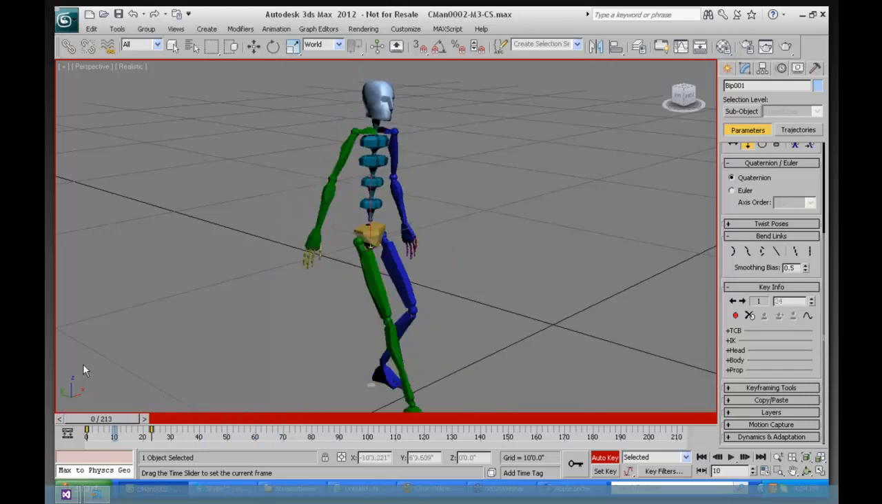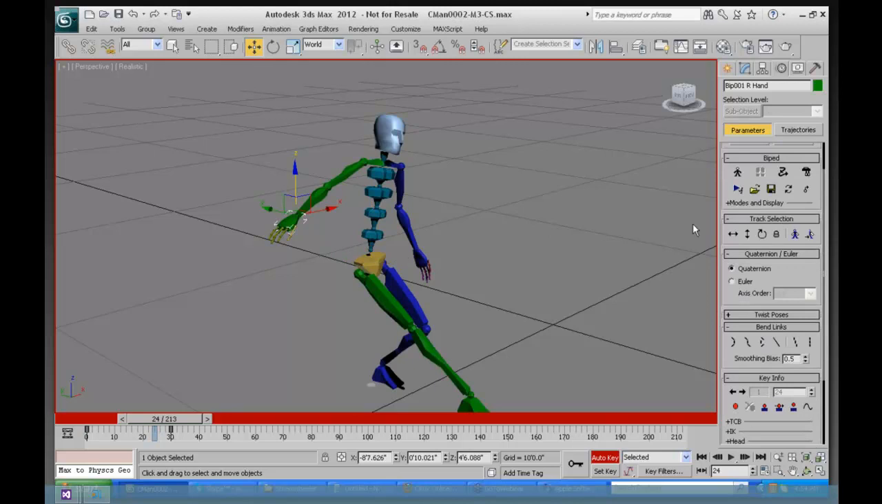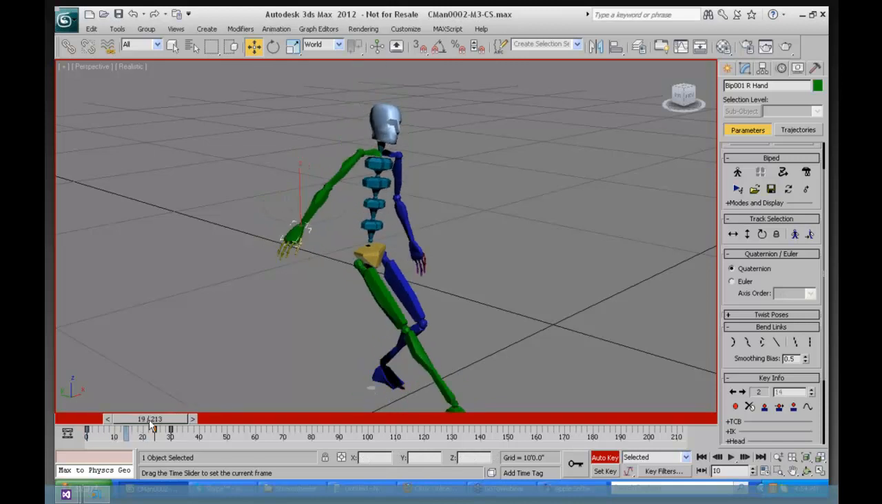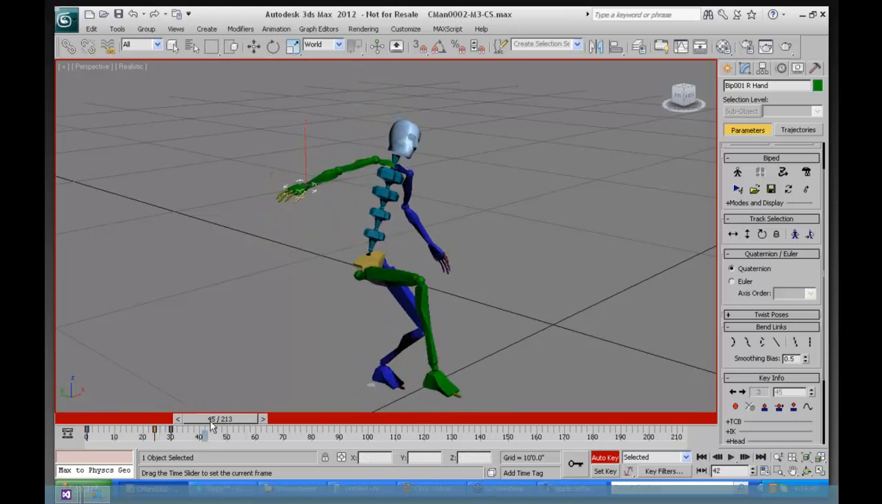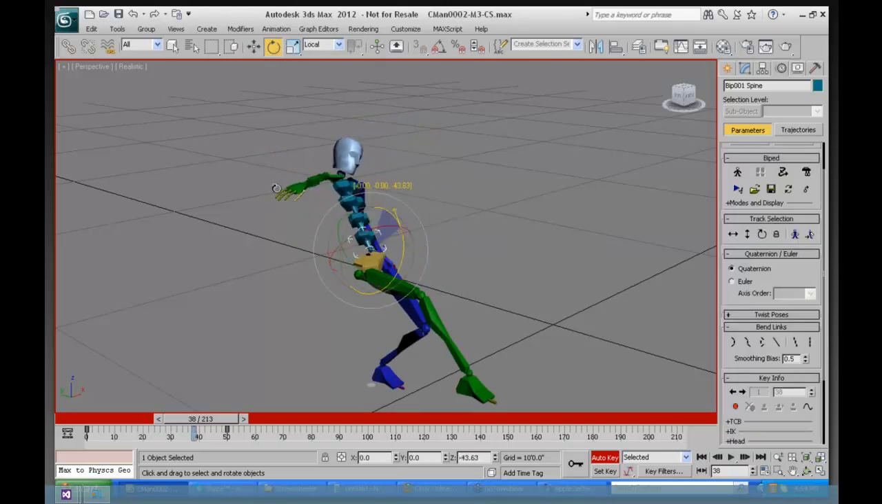So there's my quick little animation. I can also set planted keys on the hands. I'll take that hand there and I will set a planted key for it. I like to practice setting the keys in pairs. So I'll set another planted key there. And now if I do something like rotate this around, you can see how